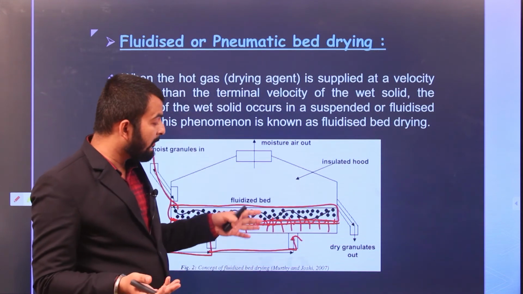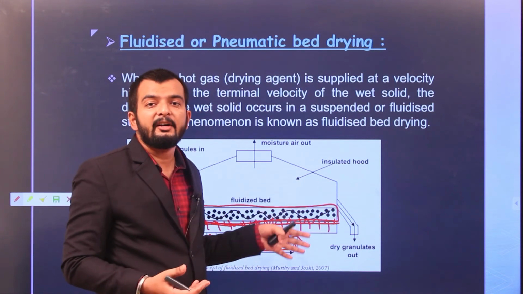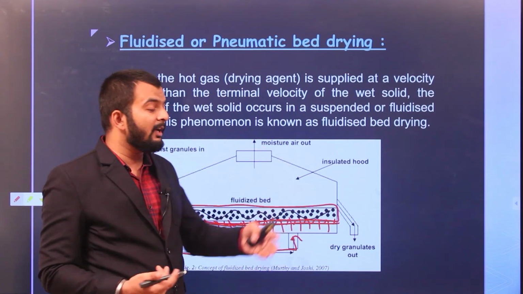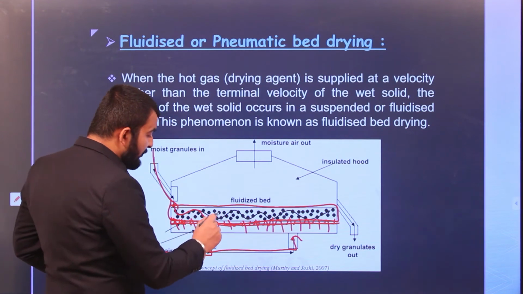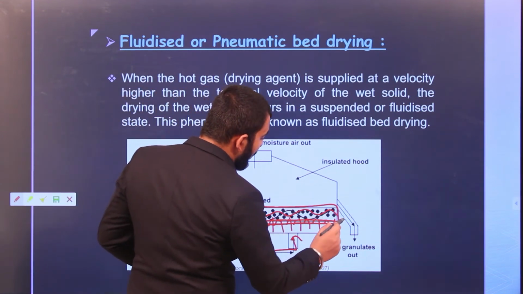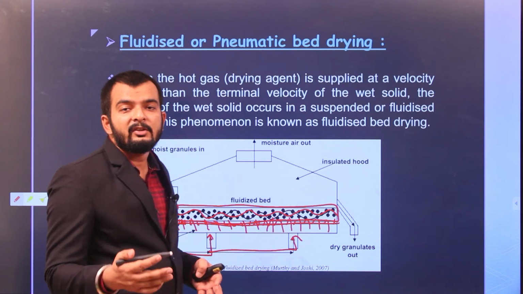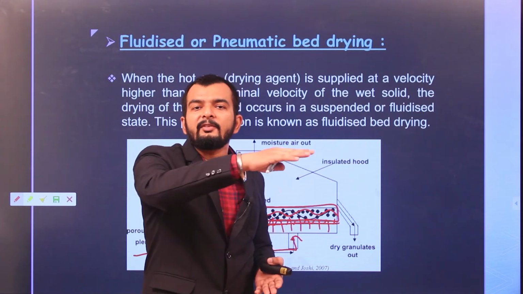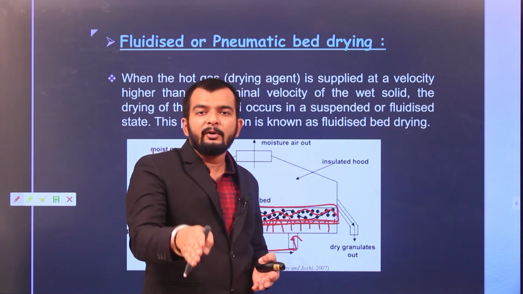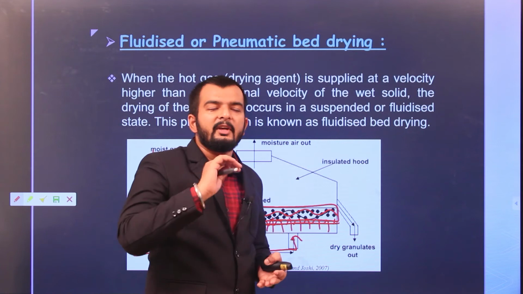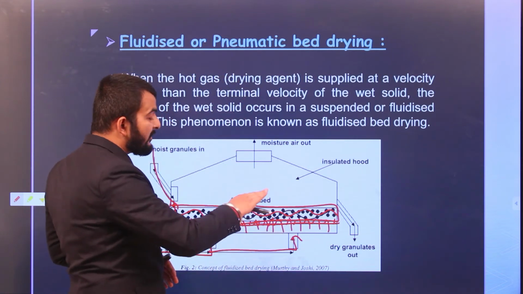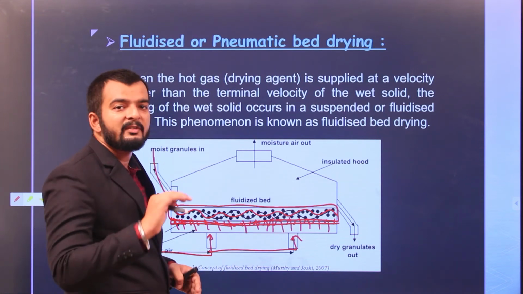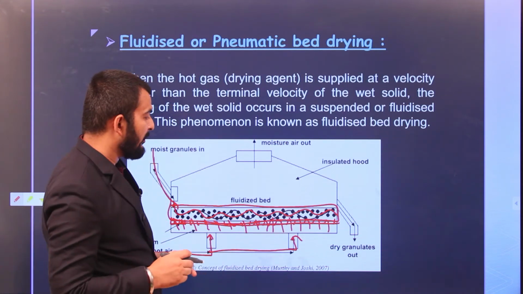Now when this force being exerted on the food grains is high enough, they will lift the grains off the ground, and a sort of fluid bed of grains will be formed here. Why so? Because these grains are floating here. You must have seen the surface of an ocean or a river. Sort of waves are there, right? When fluid flows, little waves are formed on the surface. Similarly, in this case, when these grains are floating, the surface of those grains will appear the same as that of water in a river. Okay.